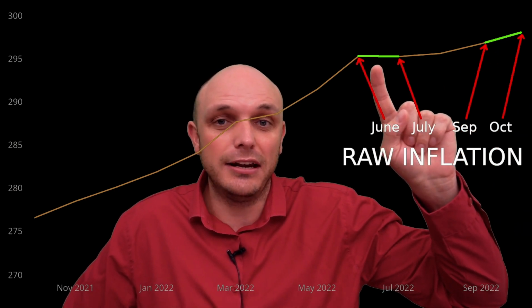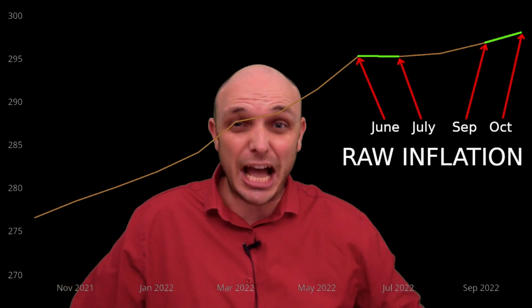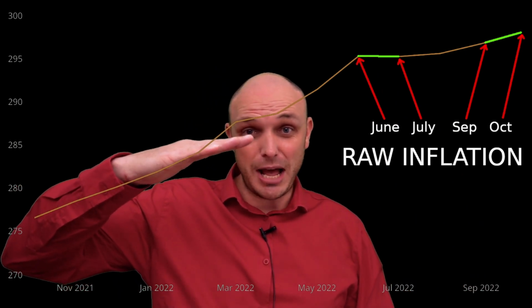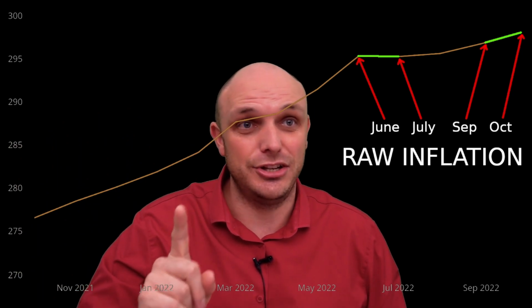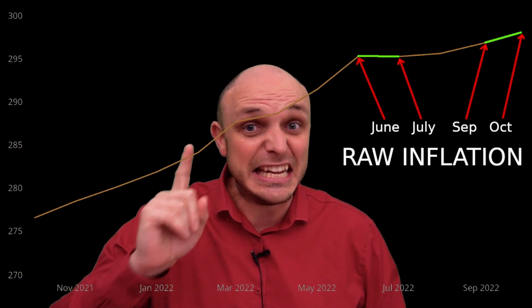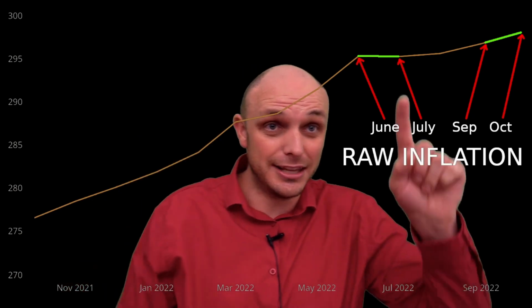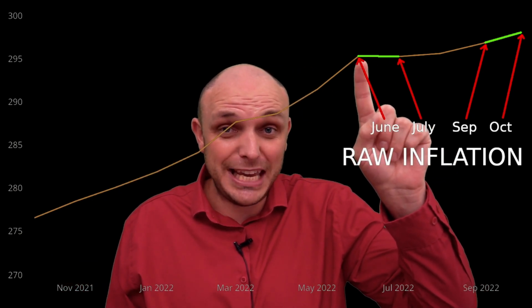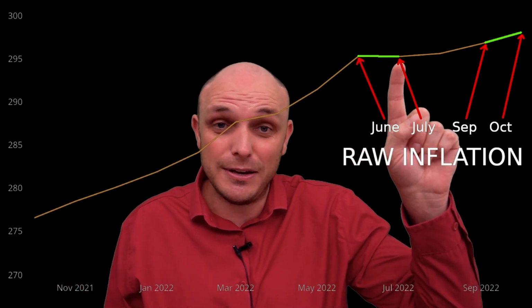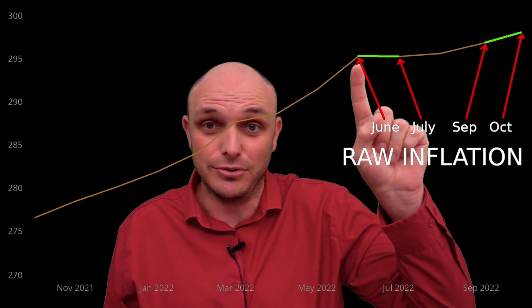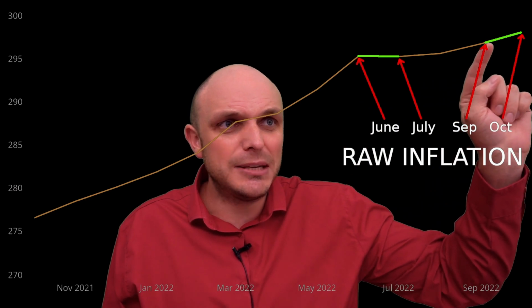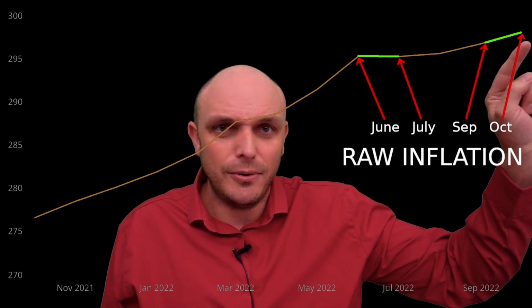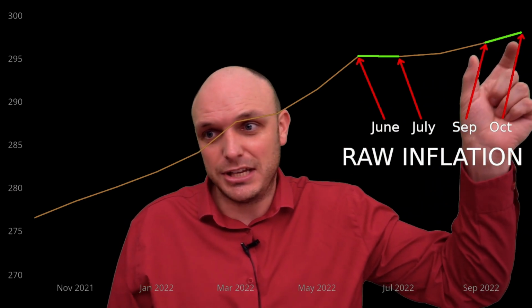Yeah, this line actually angled downwards. So it wasn't even going up, it was actually going down. We actually had deflation. Not disinflation, deflation during this period here. That means things were actually cheaper in July than they were in June. We had deflation. And between September and October, we actually had, if you compare the angle of this line versus